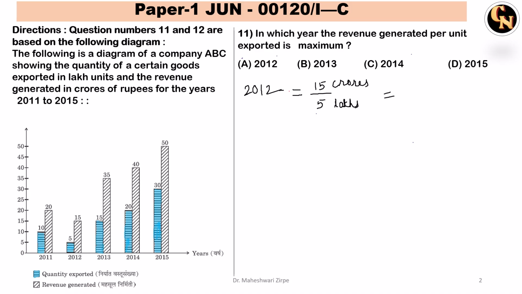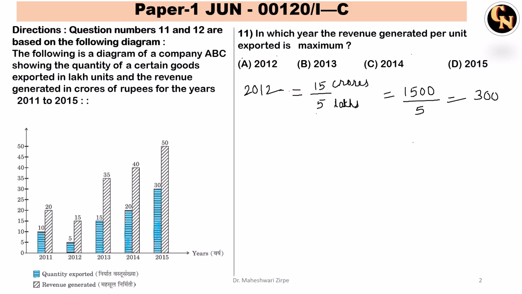Now crores has 7 zeros and lakhs has 5 zeros, so the zeros get cut out and 2 zeros will be left. So here you will find that 15 into 100 means 1500 upon 5, and it comes out to be